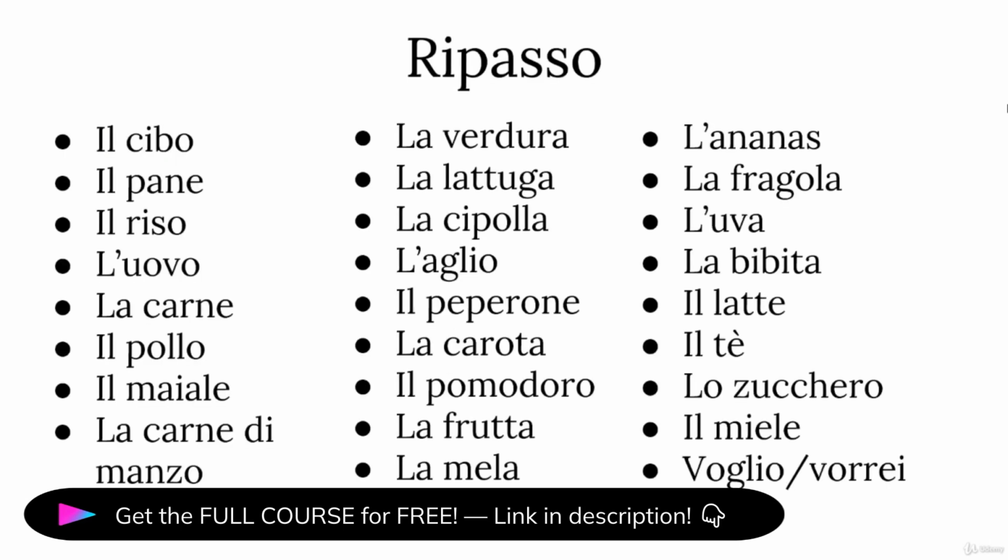So before getting started, let's review all the vocabulary of last lesson. Okay? As usual, please repeat right after me. Il cibo, il pane, il riso, l'uovo, la carne, il pollo, il maiale, la carne di manzo, il pesce,